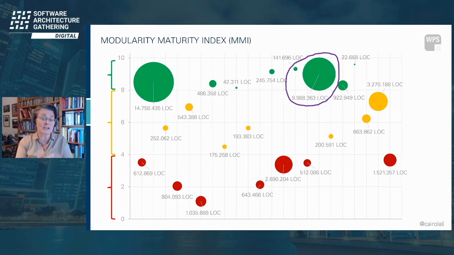There is as well PHP, C++, and TypeScript. The programming language actually is not responsible for the result in the modularity maturity index, but the knowledge of the programmers and architects about sustainable software architecture. And in the course of these analyses, we in general teach the programming team a lot to understand what to do, how to get to a better architecture that is sustainable and that will live for a long time.